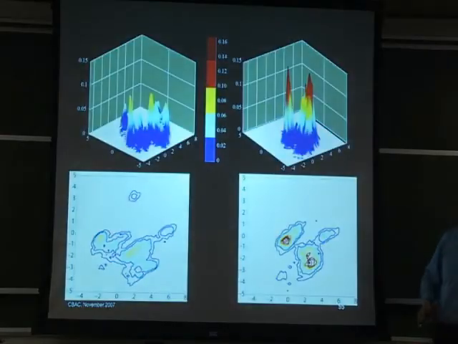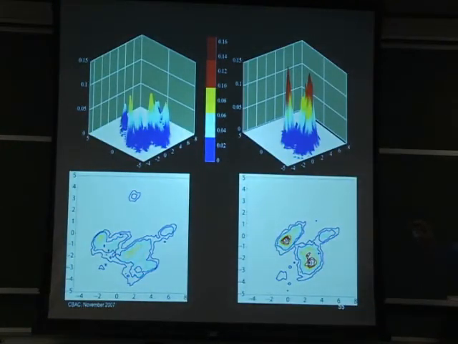So we can do this in a higher number of dimensions. Here again, this is the first eigenvector and the second eigenvector in this PCA, or this normal mode analysis. Here's the wild type protein. We see it has a fairly large range of motion.